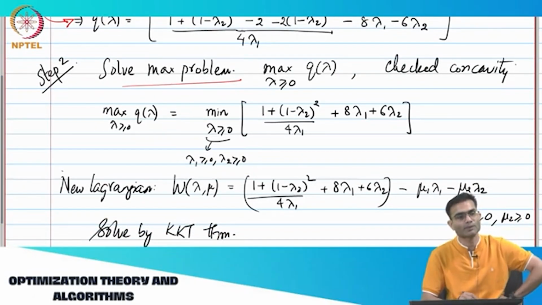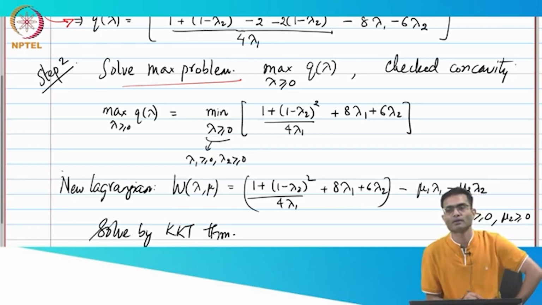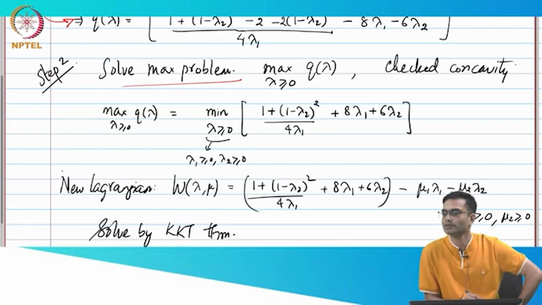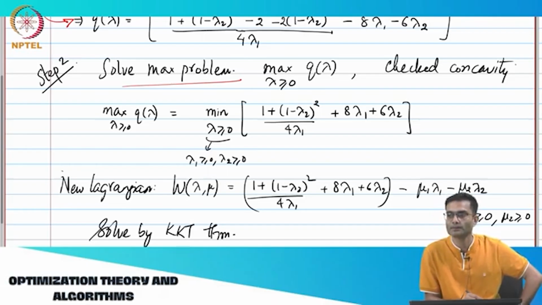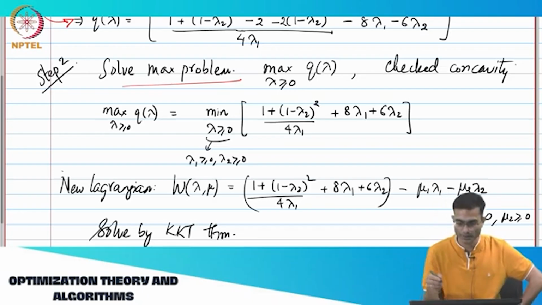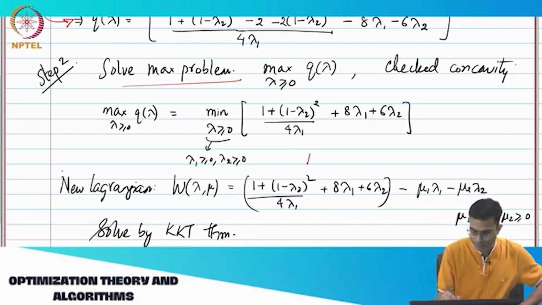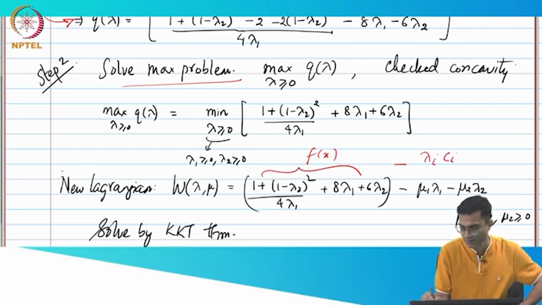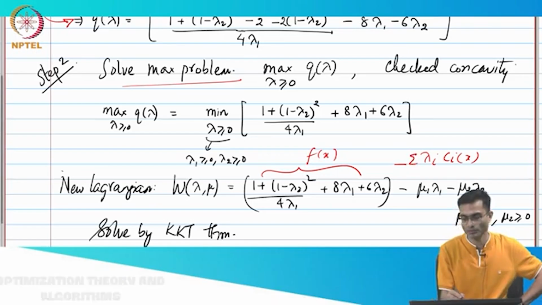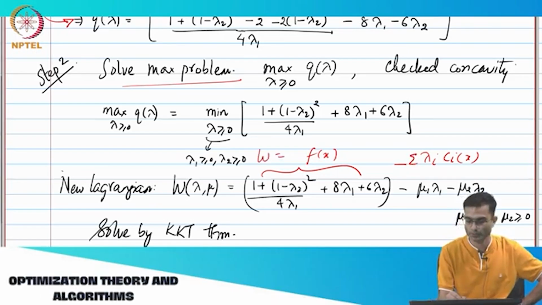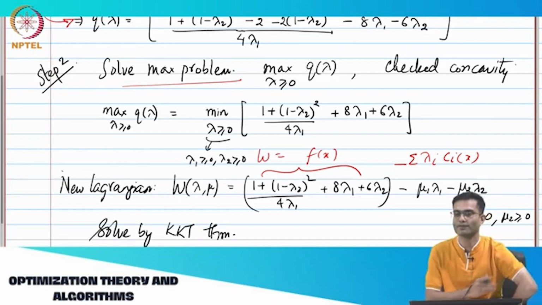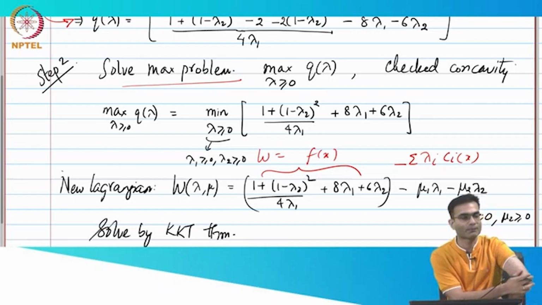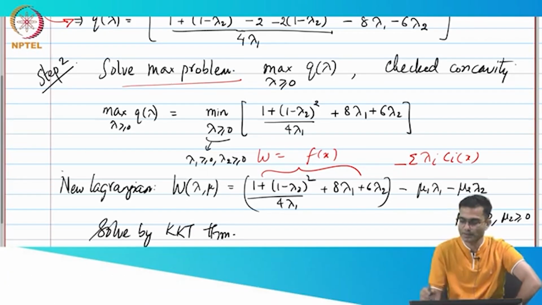This in itself is an optimization problem, so I applied KKT and formed a new Lagrangian for this function. I called it W, and the Lagrange multipliers are mu1, mu2, right? So this is my f of x, this is my lambda_i C_i, right? This is how we write the Lagrangian function, W equal to. So that's what I've done over here. f of x is as it is. I have my mu1 lambda1, mu2 lambda2. Okay, but with the constraints that mu1, mu2 have to be greater than or equal to 0 because we are